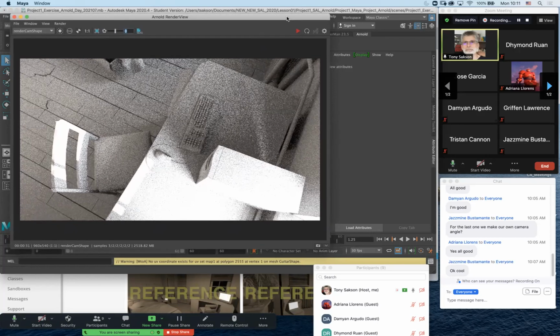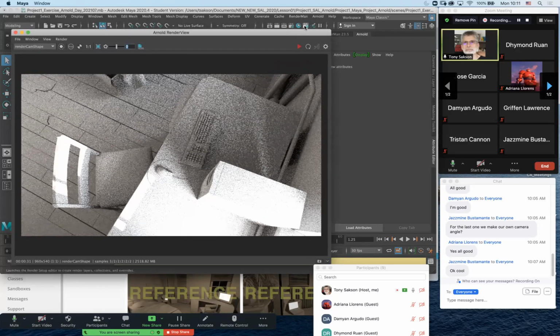All right, so there's a couple of things inside the Arnold render view. For instance, you can change cameras here. So I've got the perspective cameras, the top, the side, the front. Obviously, I want to keep it in my render cam, but it's there in case you want to render from another camera angle, especially if you're doing your own composition. You're definitely going to want to change it to the new render cam. Most of the time when we are trying to refine an image, meaning we're trying to figure out how many samples we need to make it look really good,